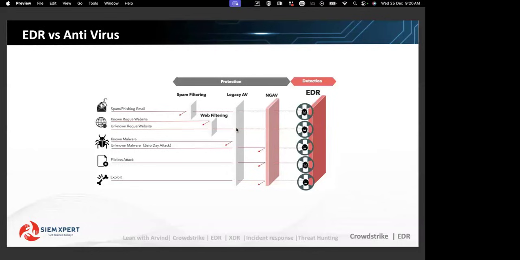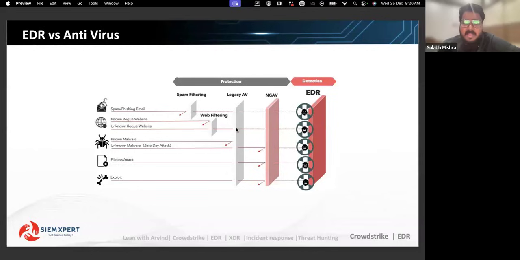No. Because it doesn't have legacy. I mean the traditional antivirus solution. Traditional antivirus solution does not have a capability of web filtering or web traffic monitoring. So for that, you always need either the next gen antivirus with additional features or additional license, or you just need an EDR. So from the detection standpoint, you will get the detections over here